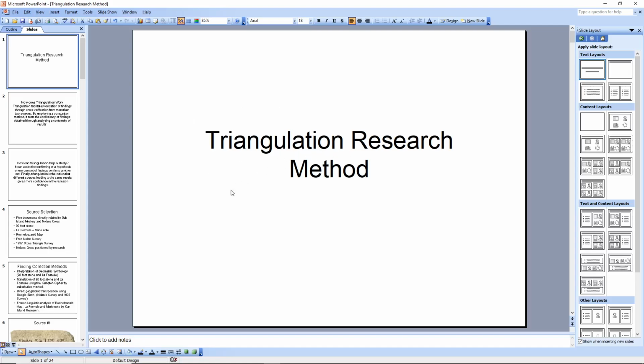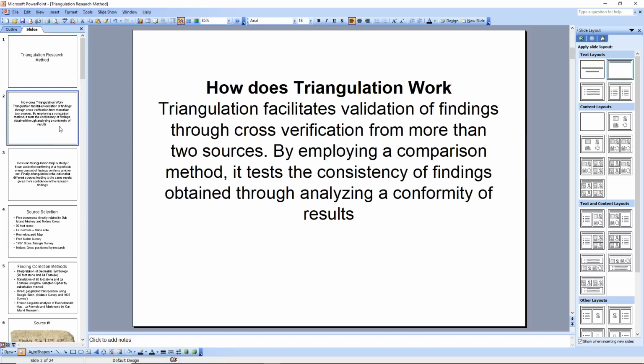This is a triangulation research method. It's used primarily for qualitative data, for social sciences and polling, maybe advertising, but it can be used in all research. And basically what it's saying is that you take two